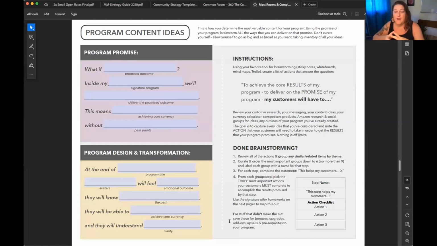But this is really about, again, a customer centric program design that gets the results that you promise your customers, and it gets it to them in the most straightforward way possible based on your expertise and understanding of your target customer. Real talk, this is where I caution you away from jumping into ChatGPT on this exercise until you're further down the road,